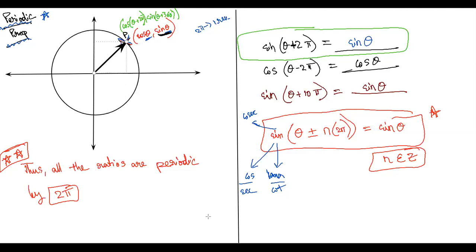Now see, if this arrow was making angle theta initially, after you rotate it, what angle will it make? 360 plus theta. But this point's coordinate should always give you cosine and sine of the angle. So if you have rotated theta plus 360, then this point will be cos of theta plus 360 and sine of theta plus 360. Is that okay?